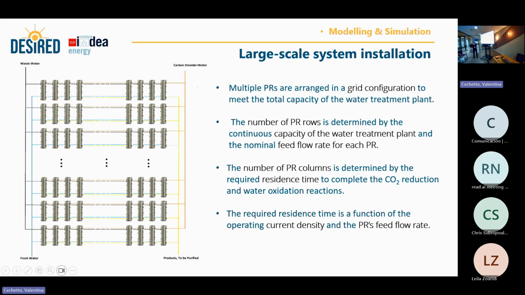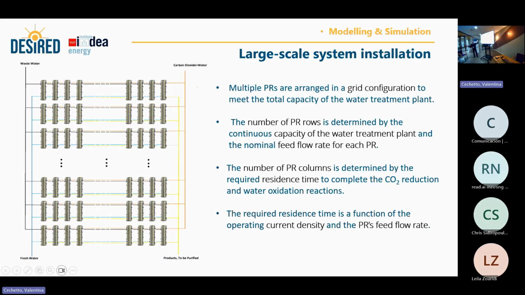We have some number of reactors in series to provide the residence time to complete the reactions, the CO2 reduction reaction and also the removal of the pollutants. Based on the residence time we need, we multiply the number of reactors, and depending on the flow rate of the plant, we have several rows of these reactors